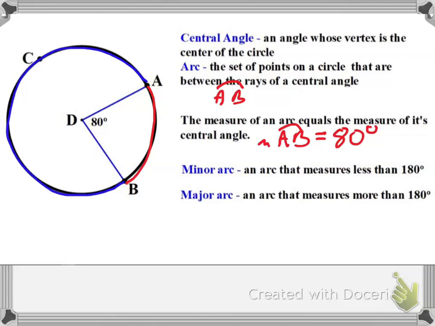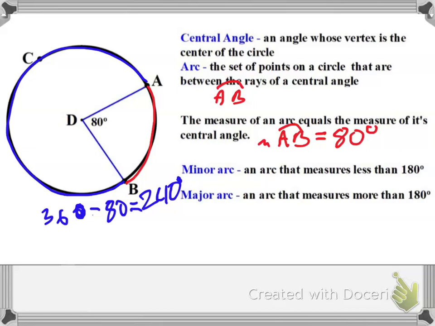This is still part of a circle, right? It's in between the rays, just in between this way. This is an arc. This is a major arc. It is more than 180 degrees, because the whole circle is 360. So the measure of this one is 360 minus 80. That would make this 240 degrees. So the measure of this big arc is 240, but I can't just call it arc AB,